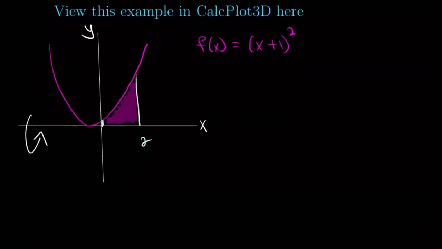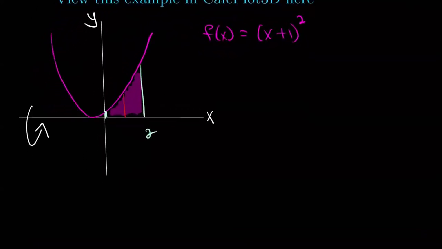I'm going to zoom in a little bit to try to make that more visual for you. I'm going to draw one single little sliver here. I'm kind of being dramatic about my sliver because that'll help me visualize it here. And I'm going to take that sliver and I'm going to revolve it around the x-axis. Hopefully you can then see that circle. All right, and so what I've done is I've revolved it all the way around,